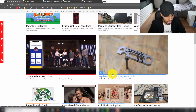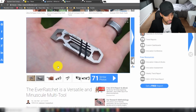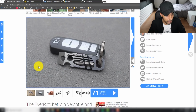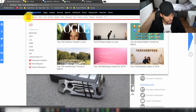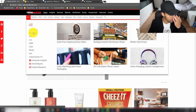So here we've got a key size camping chain tool, which has got a whole load of different gadgets and different tools all in one. So you'd be aiming this one at camping people who go hiking and that sort of niche. If we just click on must see,